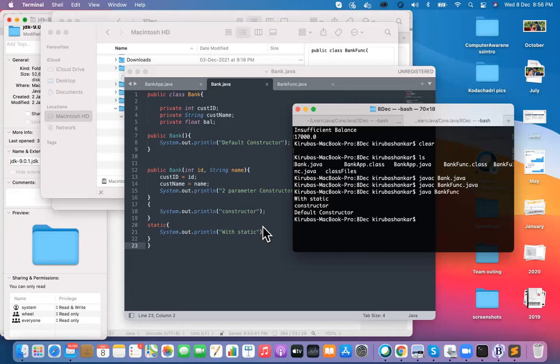The second thing, in line number 17, you can see there's only an open and close block and you don't have any name or anything, right? That is called an instance block. Whatever variables you create within your class are called instance variables, and whatever block you create without any name is basically an anonymous block. You don't have any name created for it, but it is within your bank class.